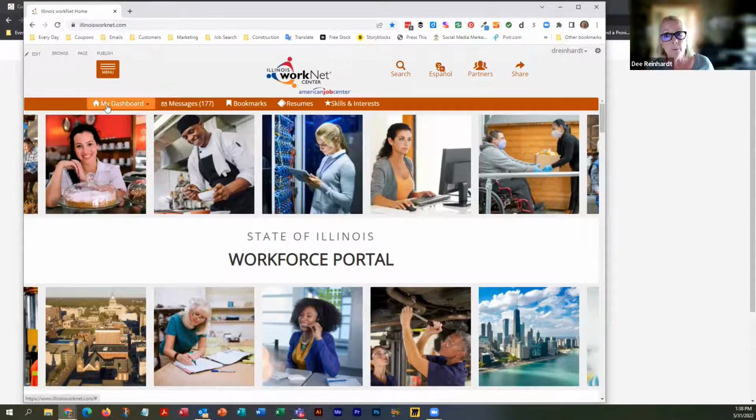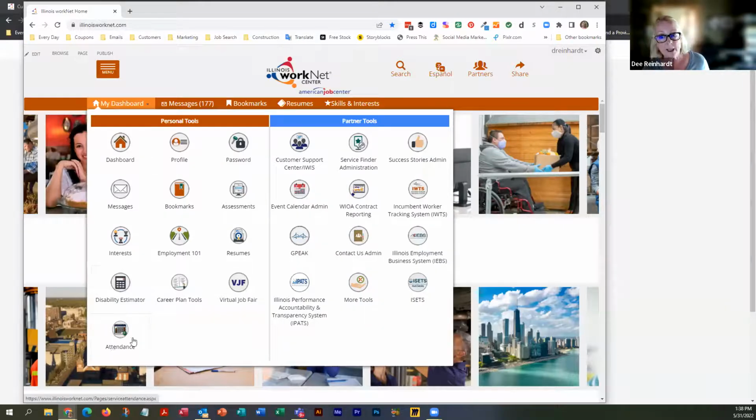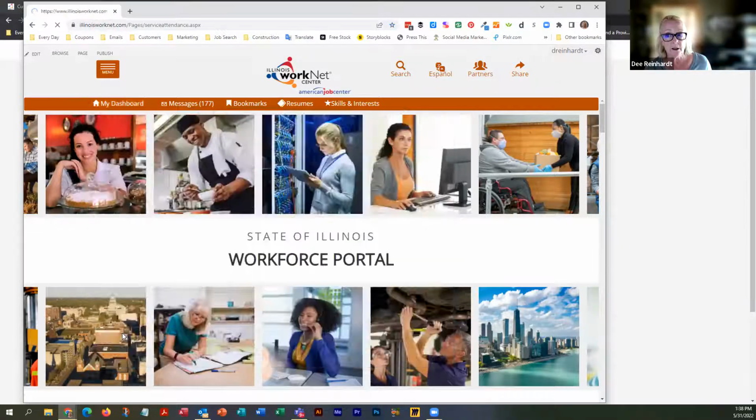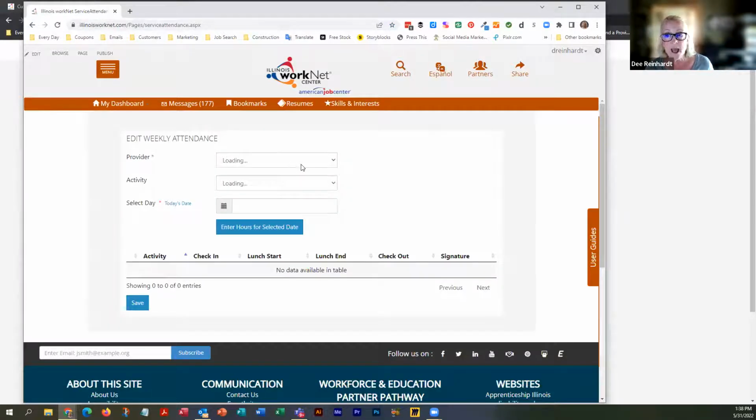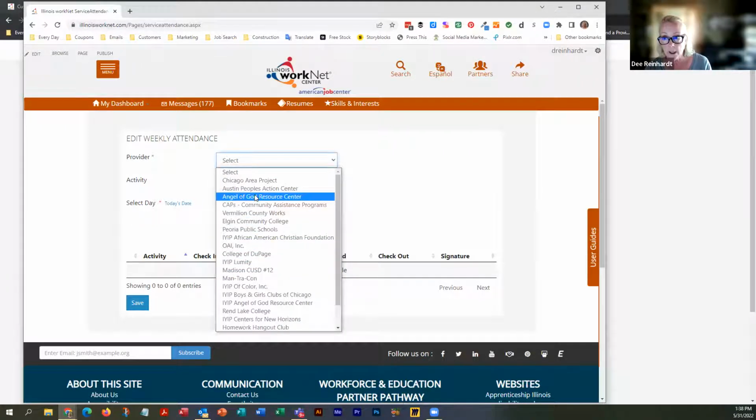On my dashboard, they can go to attendance down here on the personal tools and go to attendance and click the button. And then if they have a provider assigned to them, if they have a program or a service assigned to them, then you would click